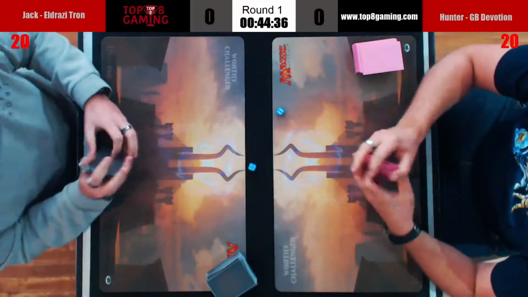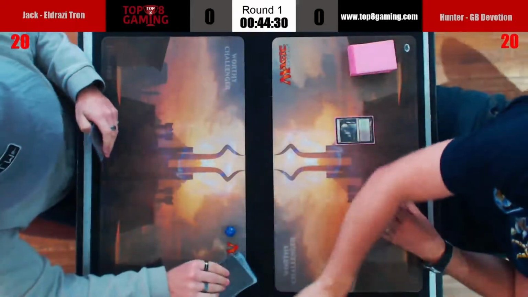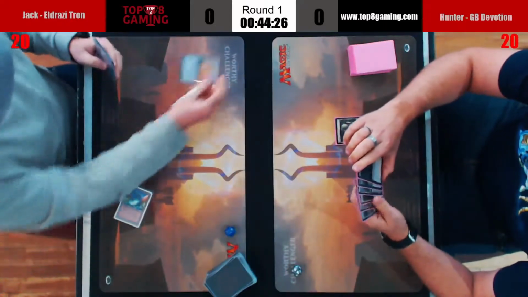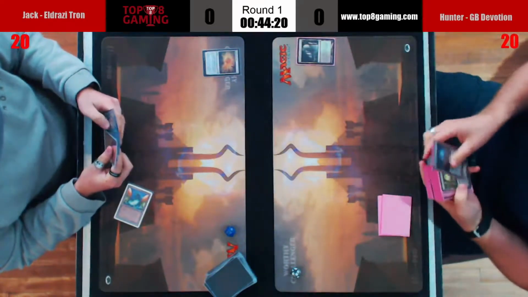Jack taking a look at his hand. Again, Eldrazi-tron. A little more straightforward of a deck. Hunter starts things off here with a Verdant Catacombs, and we're over to Jack for his turn 1. Jack will begin things with a Power Plant and an Expedition Map of his own. I don't know why I said of his own, because there's only one in play, so...